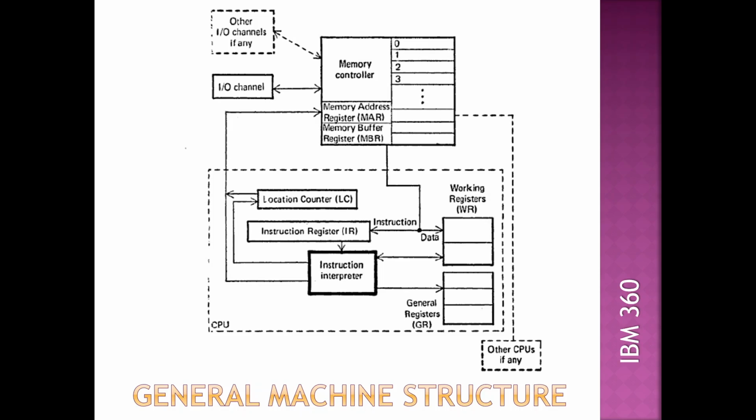When you go to the memory part, there are two registers associated with memory. One is called the memory address register. The other one is the memory buffer register. What is the memory address register? Let us take the same example. I'm going to have a load instruction at location 2000. What will be stored in the memory address register, and what will be stored in the memory buffer register?